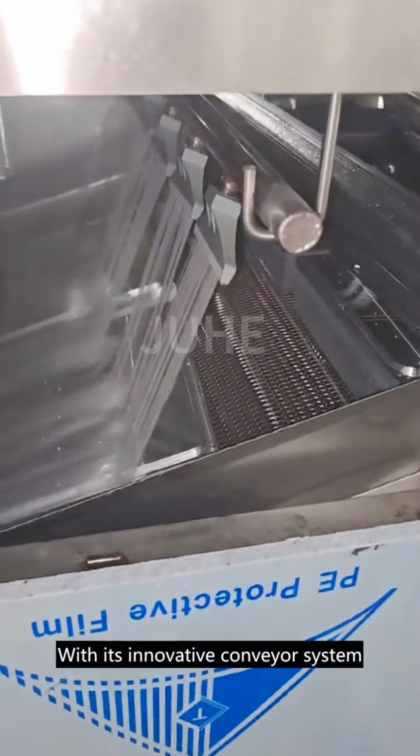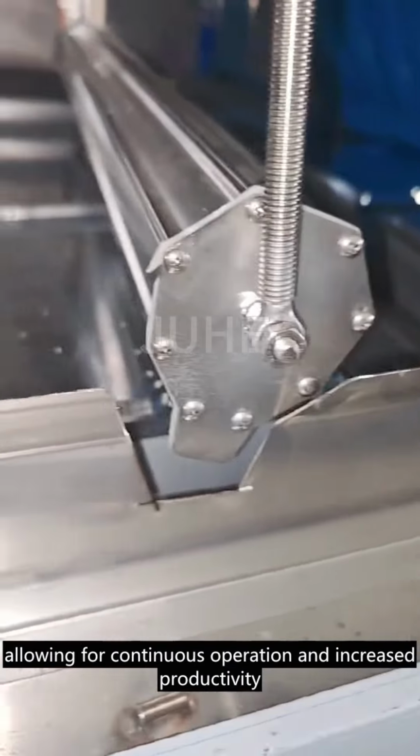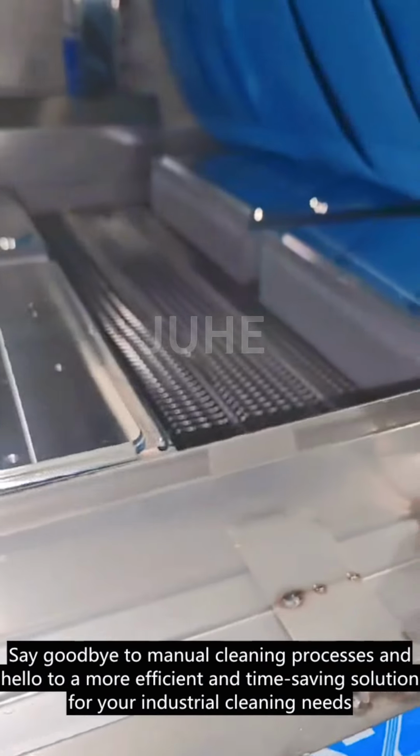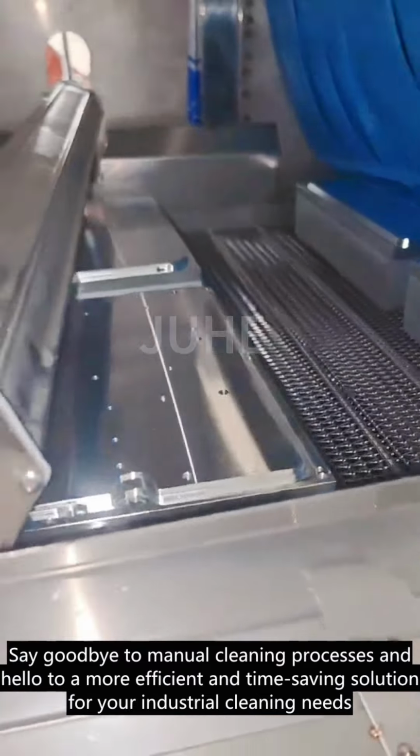With its innovative conveyor system, this ultrasonic cleaner offers a seamless and automated cleaning experience, allowing for continuous operation and increased productivity. Say goodbye to manual cleaning processes and hello to a more efficient and time-saving solution for your industrial